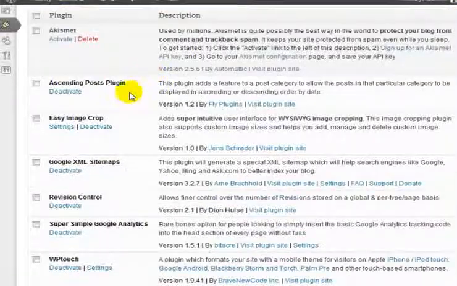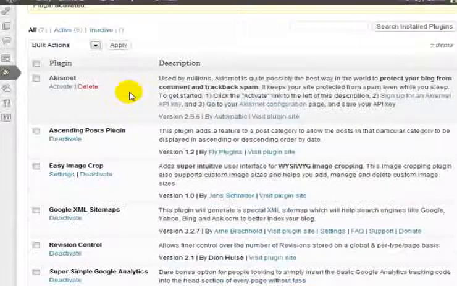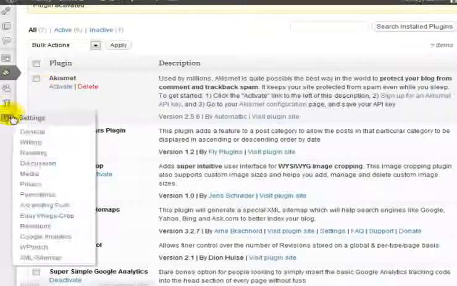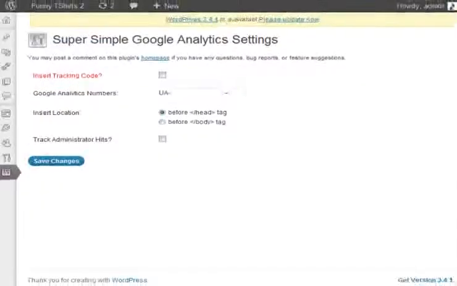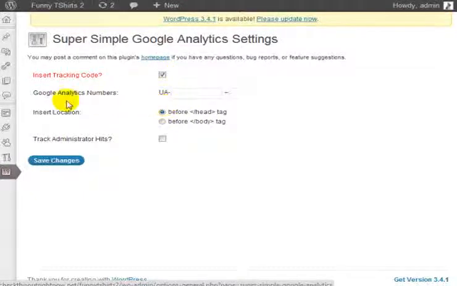What this does is basically adds your Google Analytics code to your website. So if I go under Settings and click on Google Analytics, the only thing that you need to do is enter your Google Analytics number. So that's what we're